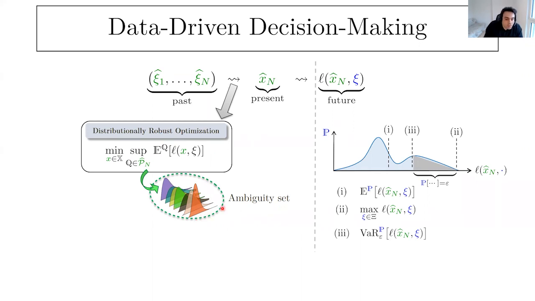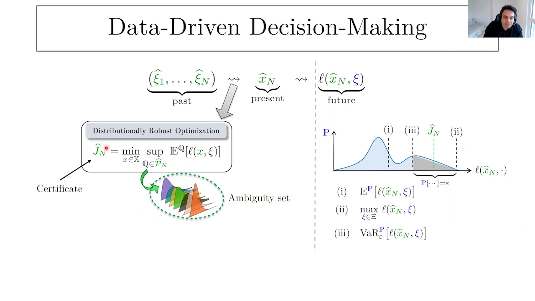What type of family of distributions you would consider immediately boils down to which risk measure you care about here. There are numerous options for different types of risk measure. And typically where the data comes in is how to calibrate this set. So this first arrow basically is how we exploit the data in this set of ambiguities. Now I'm going to explain 2 very concrete examples to give you a little intuition about what this distributionally robust optimization looks like.